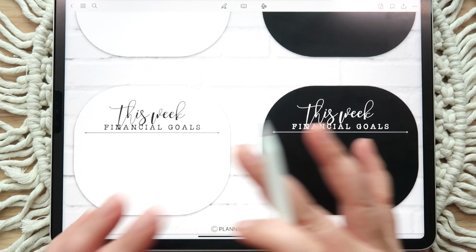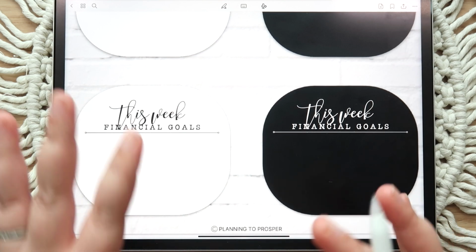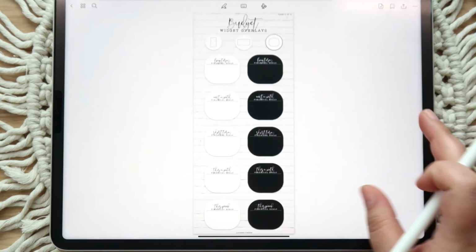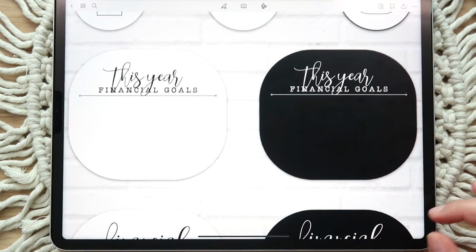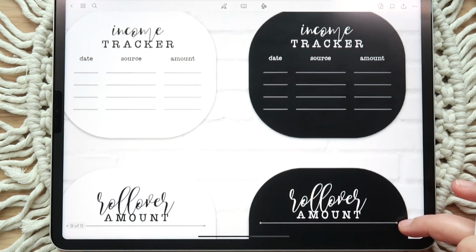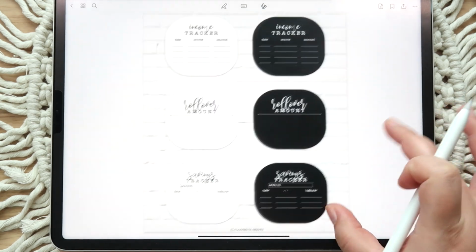So if you have a blank canvas to work with, we always include totally blank templates in our planners, then you could easily put together your own budget spread using these widgets, which I think is really fun. So you can piece it together and make it however you want. This year's financial goals, financial wins, income tracker, rollover amount, savings tracker,